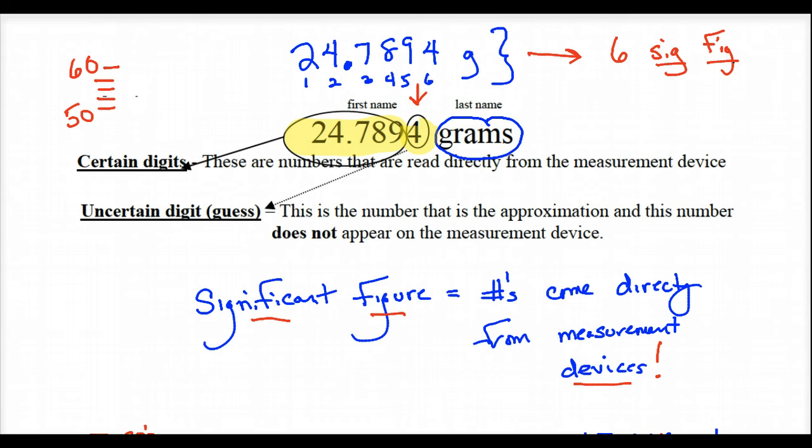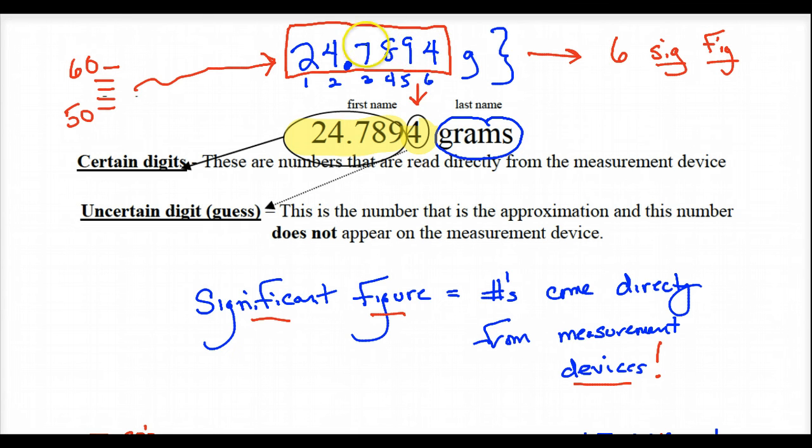Numbers had come from somewhere, somehow, down the line. Numbers were given birth by measurement devices. Numbers didn't pop up. Someone measured something somewhere and we got numbers. So what makes these measurements so important is that numbers are significant when they come directly from the measurement device. But what's important is the number tells a story about the type of device that was used to get the number. What I mean by that is